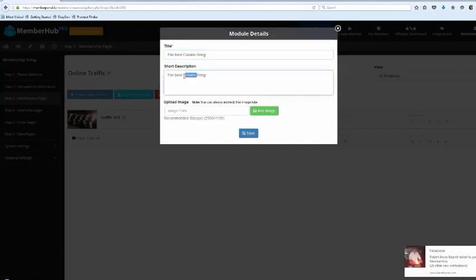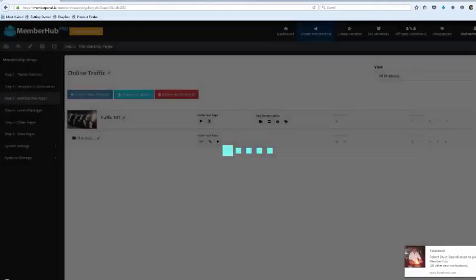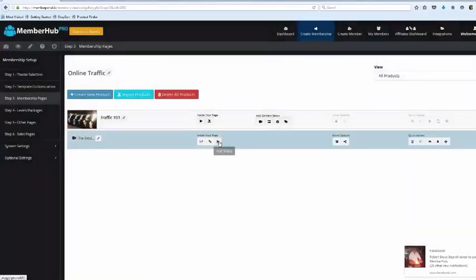Now, if you want to override the image that we chose for this product, you can. I don't recommend it. I recommend that you go with the image that we started with. I'm going to show you what we do with that. So I'm going to go ahead and click Save. That was two buttons. That was click here and click here.